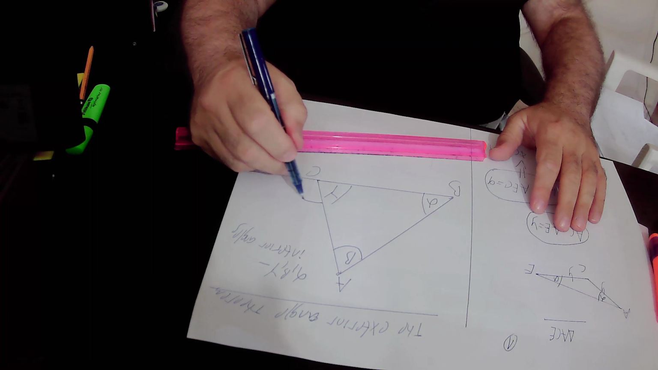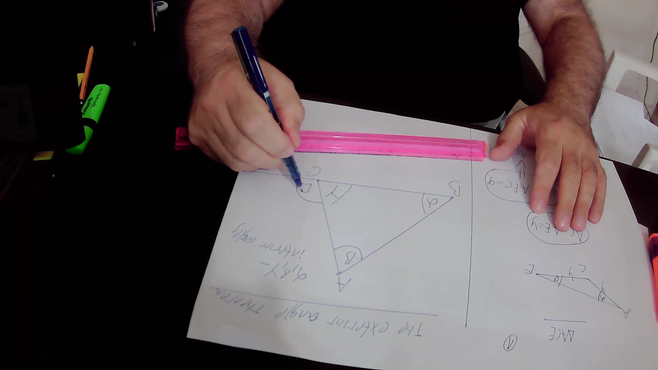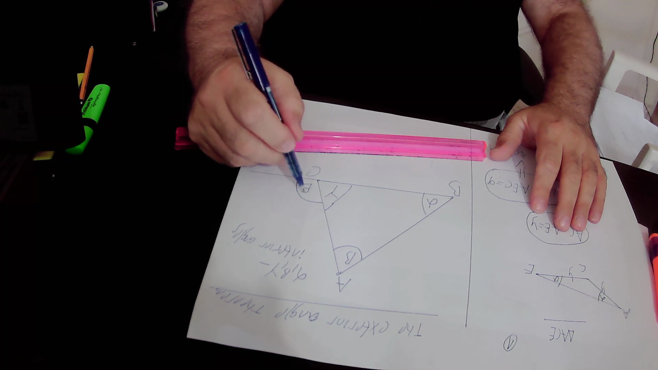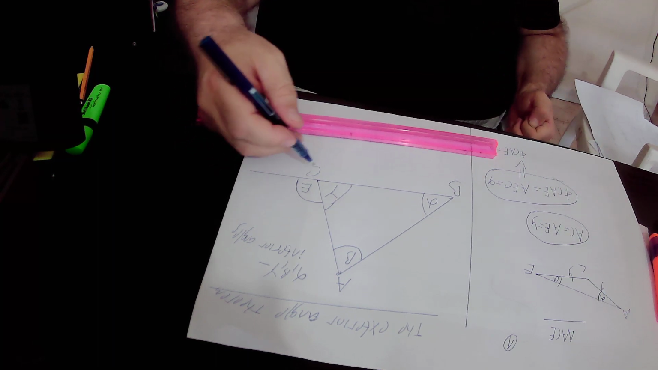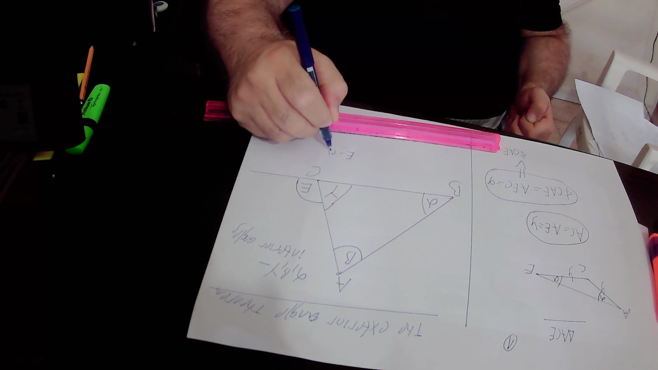While this angle, that I will define as angle E, is located outside triangle ABC, therefore it is defined as an exterior angle. So angle E is the exterior angle,